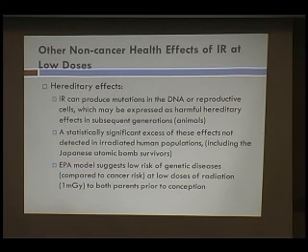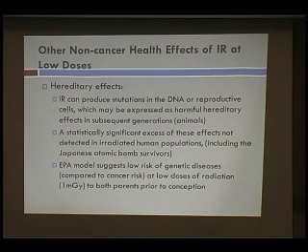So, for example, you see the second bullet, a statistically significant excess of these types of effects of passing it on to the next generation has not been shown in irradiated human populations. So the Japanese atomic bomb survivors, even though they were irradiated when they had children, it was not shown that that was passed on to their children. Now, I should say that if there was a child in utero who had been exposed, that's different. But saying that the child wasn't exposed, then the child hadn't even been conceived yet, you still had the sperm and the egg and they hadn't come together, then that's a different thing.